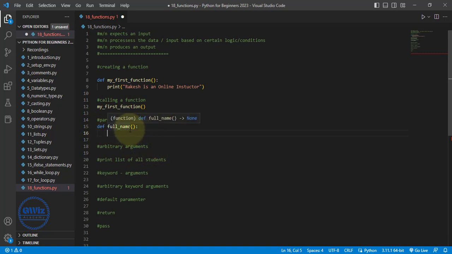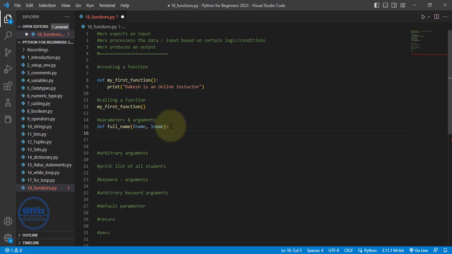What is the data that I will get from the user? The user will give us a first name and last name. What we are supposed to do is concatenate the first name and last name. So what I will do is print